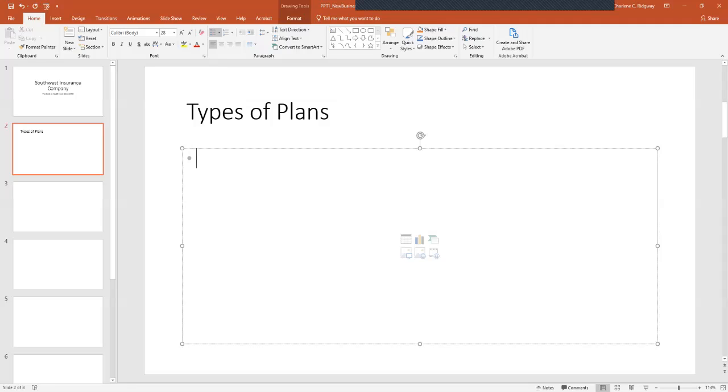Type life, just like you see it in the book. As soon as you type the first character, the icons in the center of the content placeholder disappear. The bullet symbol darkens and the content placeholder changes to a text box. On the Home tab in the paragraph group, the bullets button is shaded to indicate that it is selected. Press enter, type health,